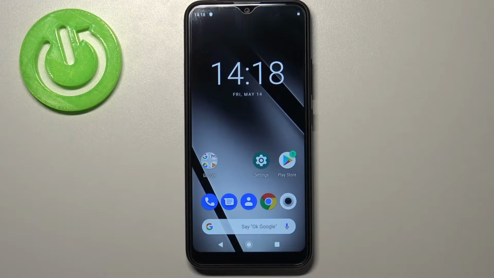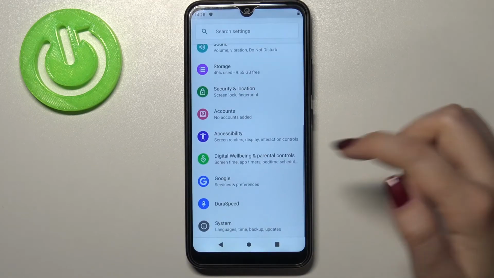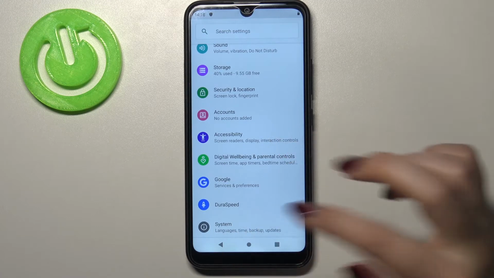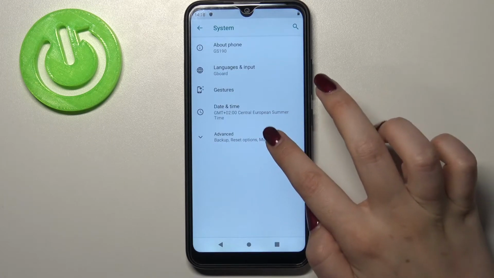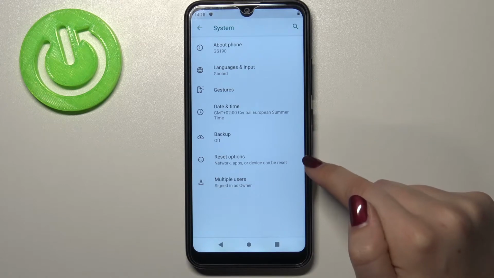Hi everyone, here we've got a GIGASET GS190 and let me share with you how to reset app preferences on this device. So firstly, let's enter the settings, and here we have to scroll down to the very bottom and tap on System. Now we have to tap on Advanced, and right here we should have Reset options, so let's